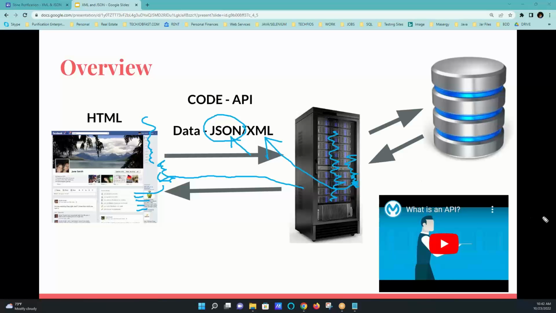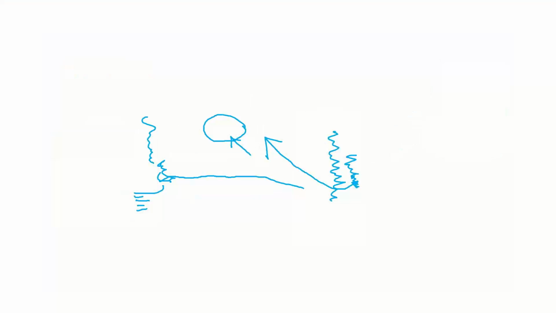Just one question. In the website, the HTML is going to decode the JSON or XML. What happens in the server? What code is going to decode what it needs to send? Good question. Now, let me say this, that because this is a standard,